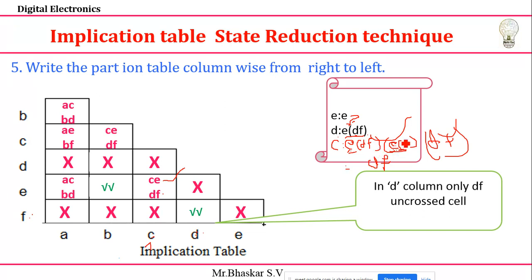Then you need to give the priority for this. So I'll take CE. Instead of taking E, because E state is already involved here, I need to neglect this. I'll consider CE only, so I'll write CE here. So the relation is DF and CE.